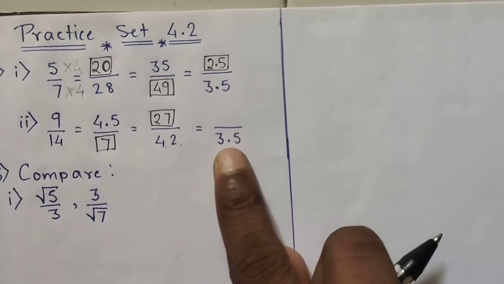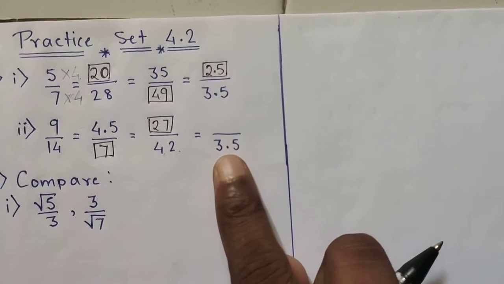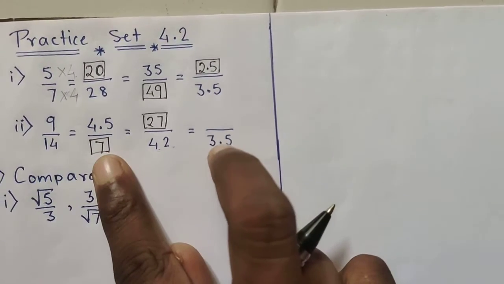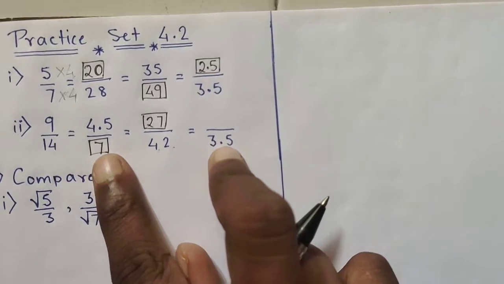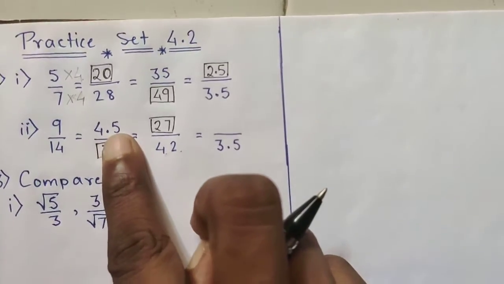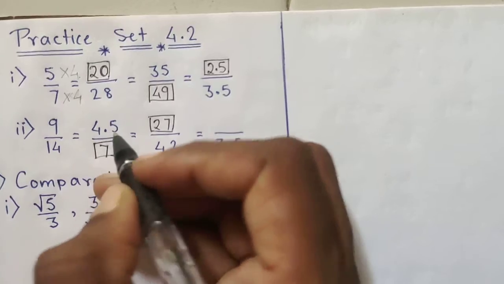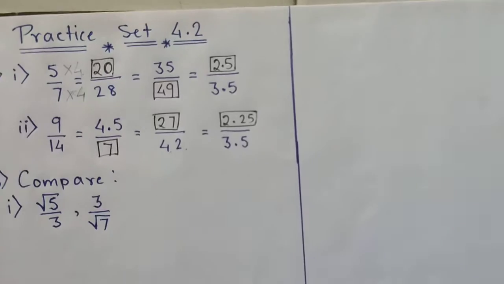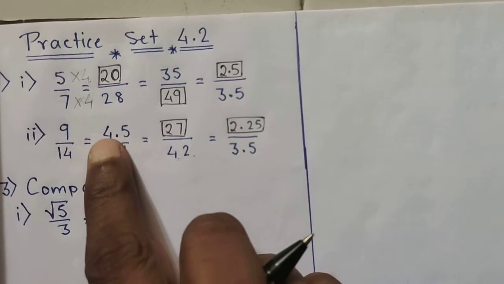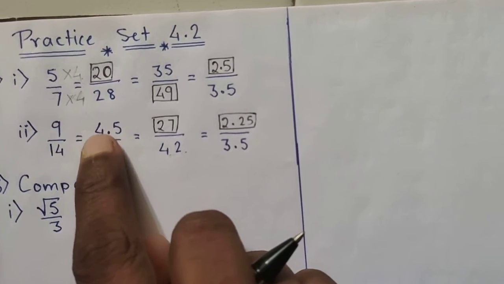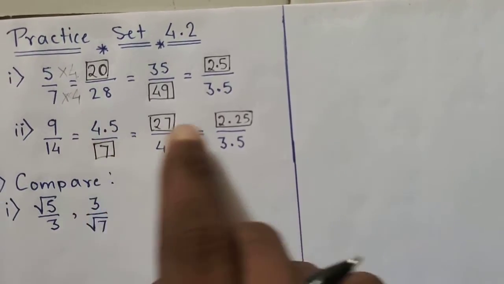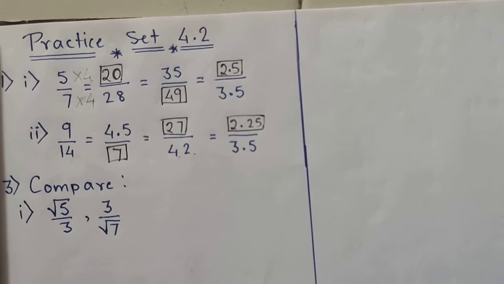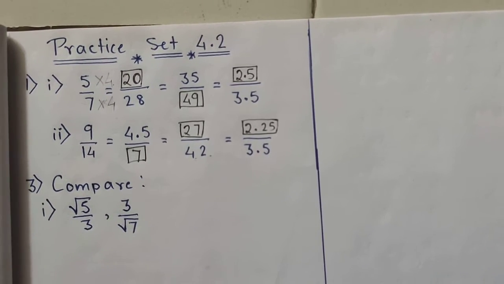Now see the last one, 3.5. Okay, and this is 3.5 upon 7. So if you take half of 7, you are going to get 3.5. In the same way you have to take half of 4.5, and if you take half, that means divided by 2. So you have to take half of 4.5, so divided by 2. So if you divide it by 2, 2 twos are 4, 1 is remaining, so 2 fives are 10. So you are going to get 2.5 here. Okay, so in this way we have completed our first question.